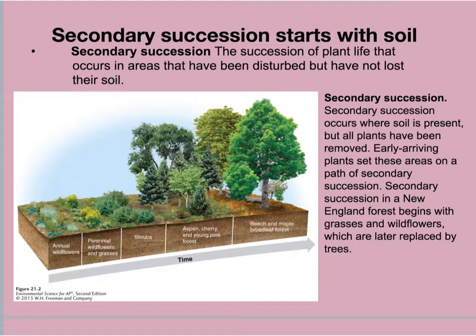This figure shows the process of secondary succession, again, for a typical U.S. forest. It usually begins with rapid colonization of plants that can easily disperse in the disturbed area. The first to arrive are typically plants like grasses and wildflowers, and they have a high light tolerance. They're also pretty tolerant to wind disturbances. The first to grow there are not always in the seed bank. They can also have wind-blown or bird-fed seeds.